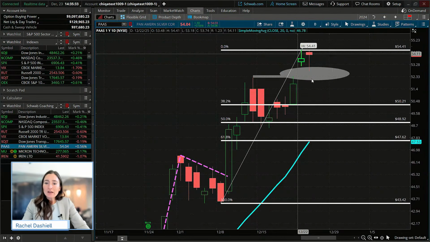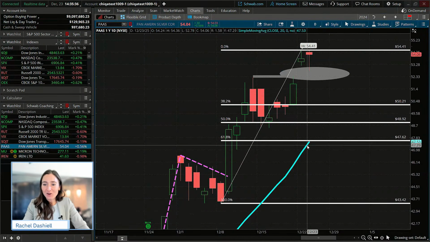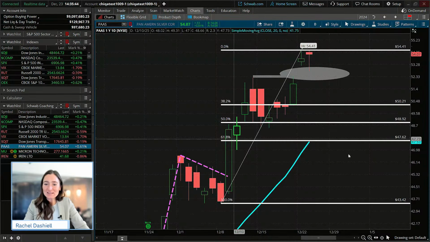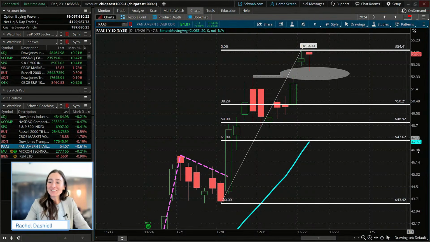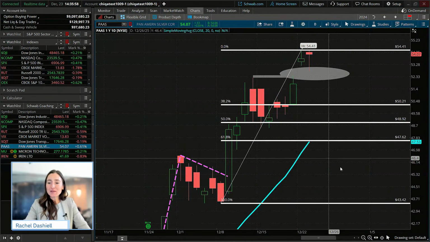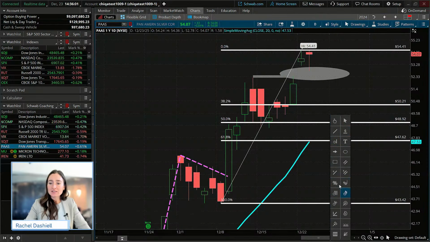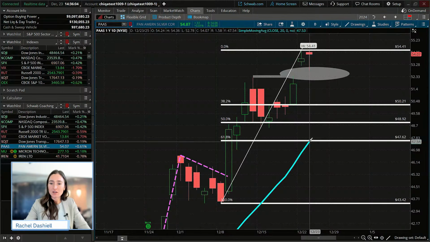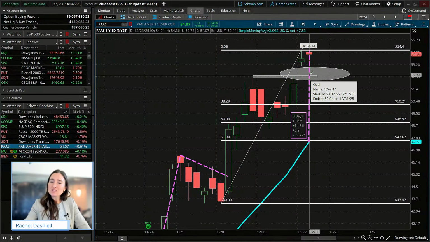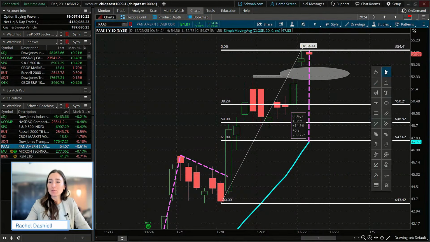level of support. I do find it interesting though that we have our 20-period moving average actually all the way back down here at the 61.8% retracement. So I kind of perk my ears up and open up my eyes a little bit more, bring my looking glass when I do see a level of confluence where we see something that's been so extended from its moving average. If I just kind of take this level to where it is now, it's 14% above it, so it is pretty extended above that moving average.